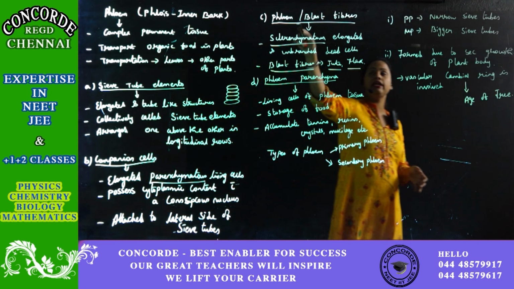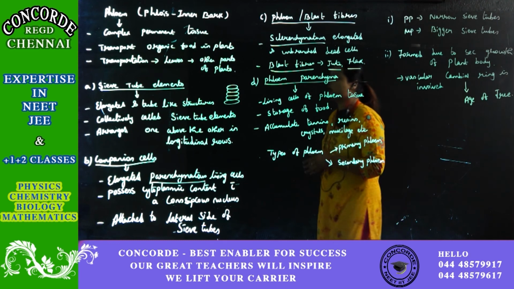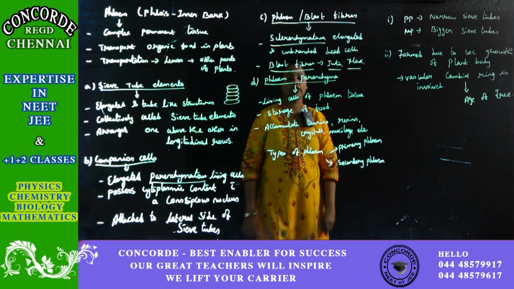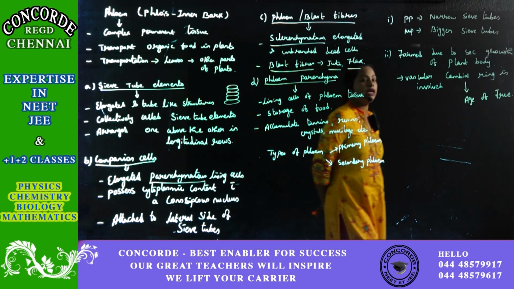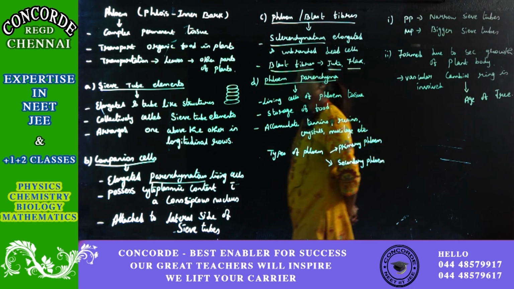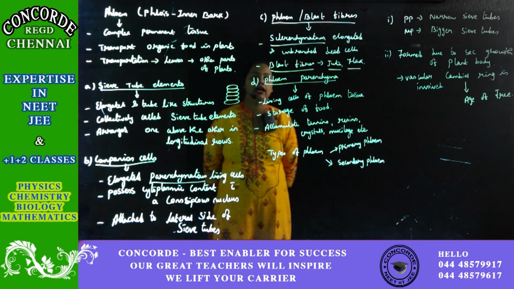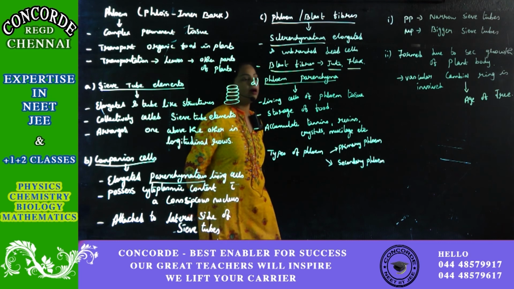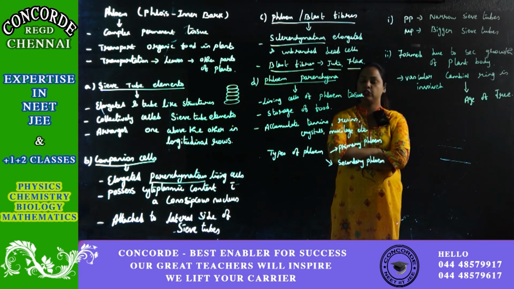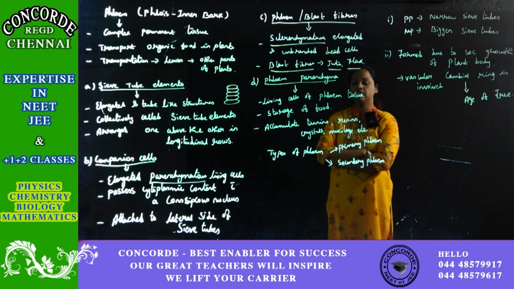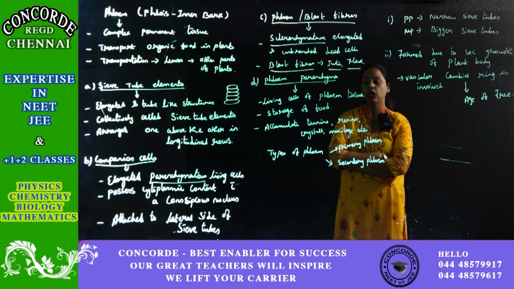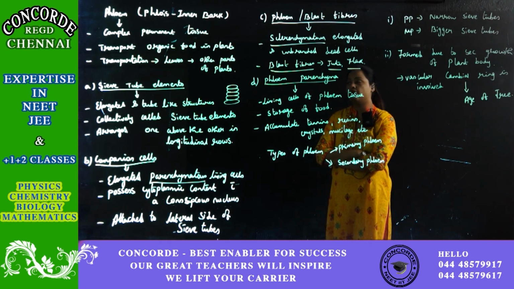The third one is phloem fibers. Phloem fibers are made up of sclerenchymatous dead cells, and these phloem fibers are associated with the jute industry and flax industry. Next, the fourth structure is phloem parenchyma. Phloem parenchyma again has parenchymatous cells, and it stores the food. It not only stores the food, it also accumulates tannin, resin, crystals and mucilage. So this is about the structure of phloem.